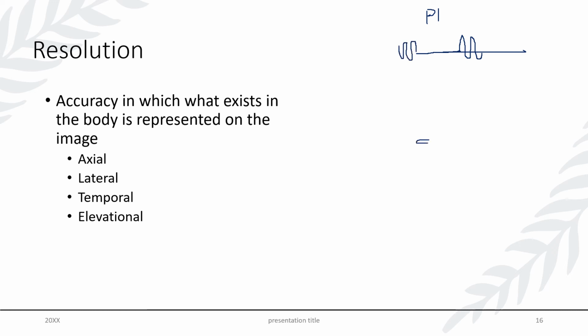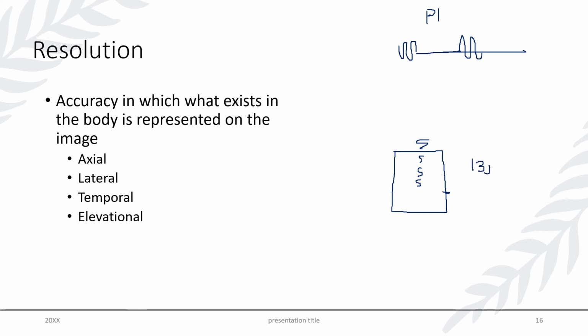Now, if I emitted a sound wave and I only wanted it to go 3 centimeters into my patient's body, that sound would travel at the propagation speed of soft tissue 3 centimeters into the body. If I was only wanting to see what was in the first 3 centimeters of that body, I would only allow it to be gone